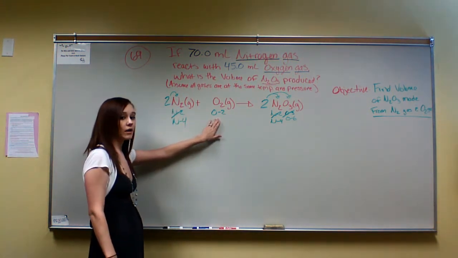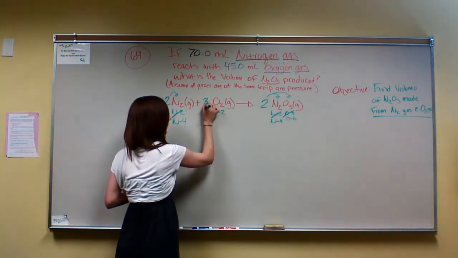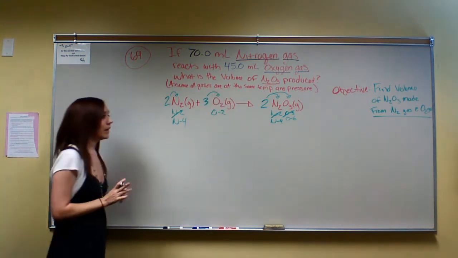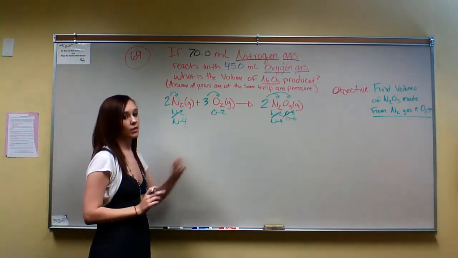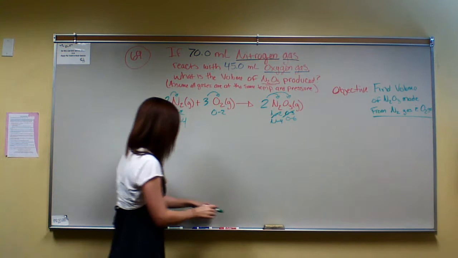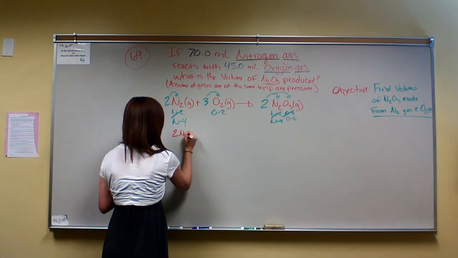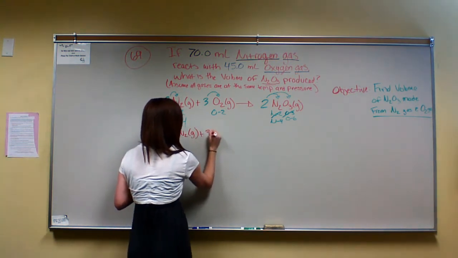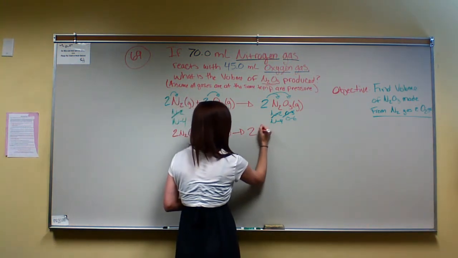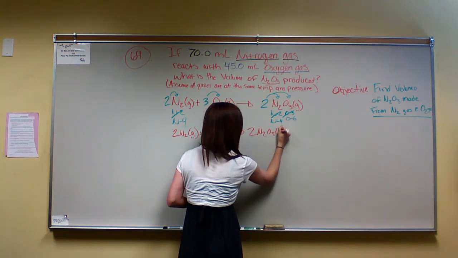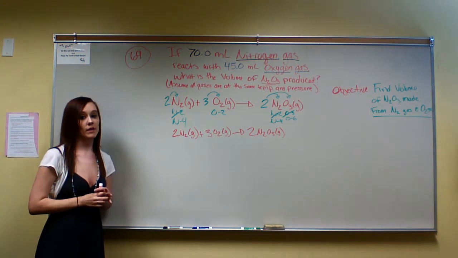Now we need to finish balancing our oxygen. To make this 2 become a 6, like the other side, we need to multiply by 3. So now we have our balanced equation. I'm going to go ahead and write it right underneath here so that we can make it easier. Okay, so now that we have our balanced equation, we can go through the process of figuring out